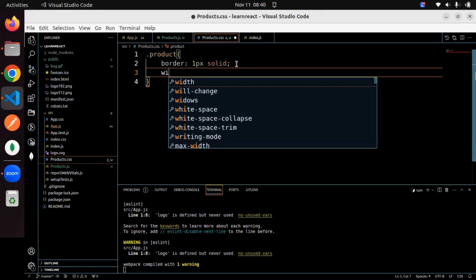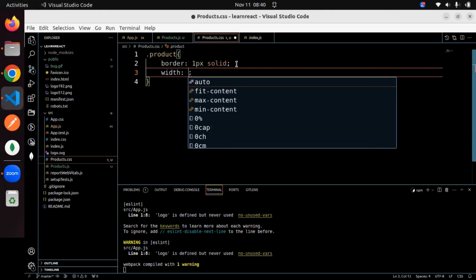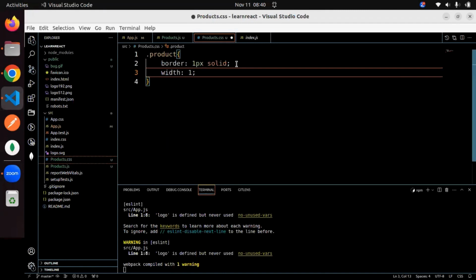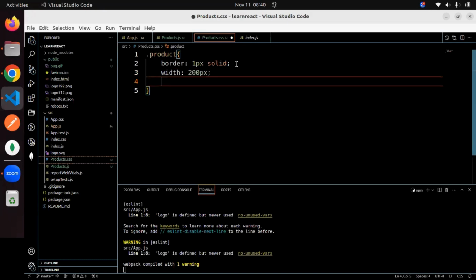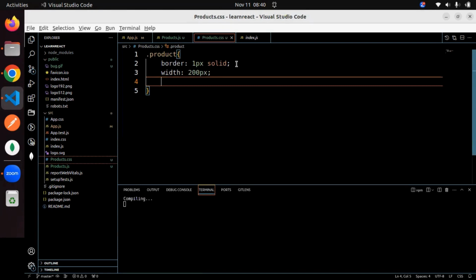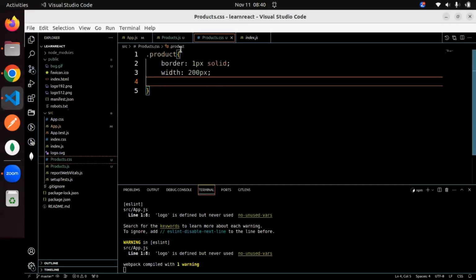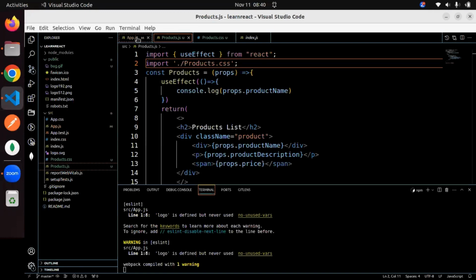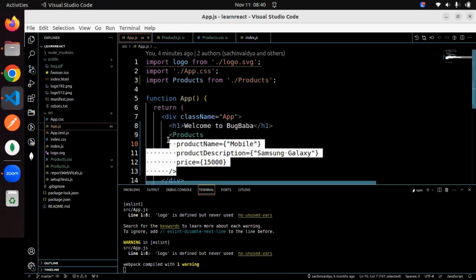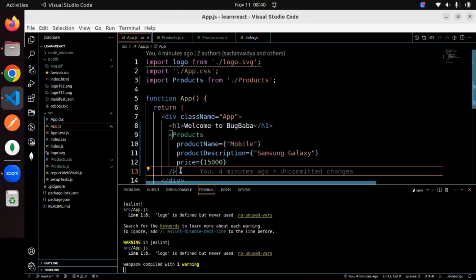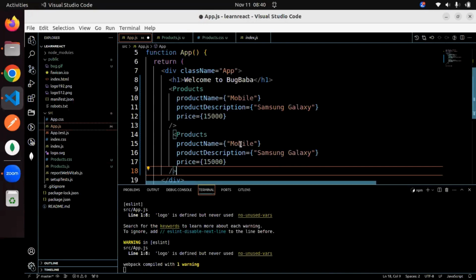I'll just change it, as it's a block element div, so it will completely hold the axis. I will say 200 pixels. Okay, height, let it be anyway. So now I have one product created here. Like this, I can create multiple products. I can just send multiple product details like this, or else I can also do it in a